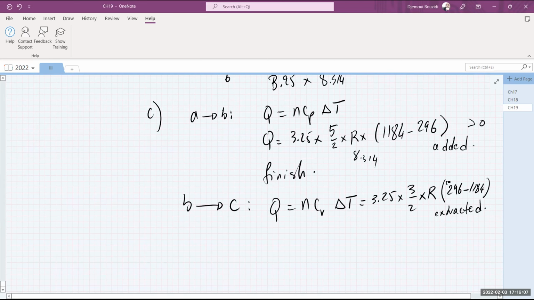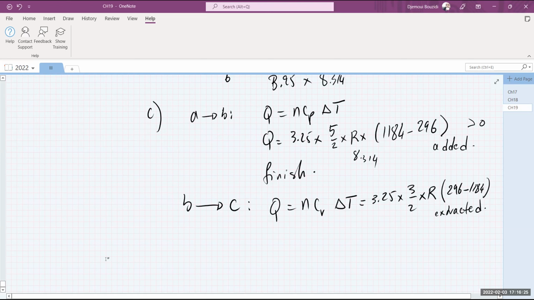You guys understand that this is doable? Although this number is going to be higher than this number because you have a 5/2. So in other words, whatever you find in here, all you have to do is divide it by 5 and multiply it by 3. So you really don't need to do all of this algebra all over again and change the sign.